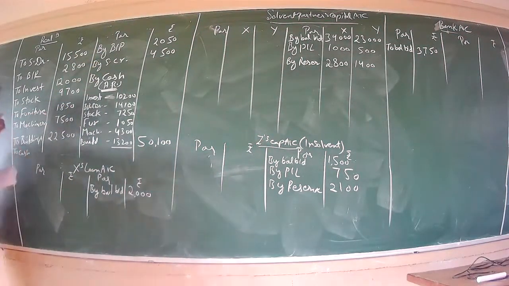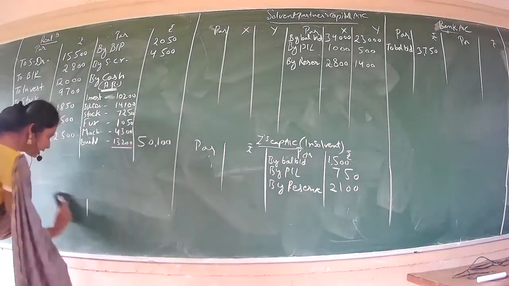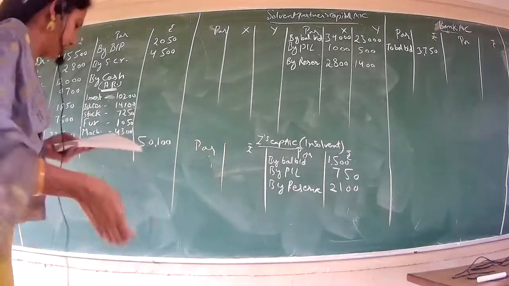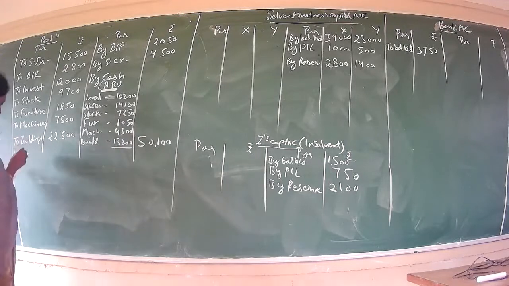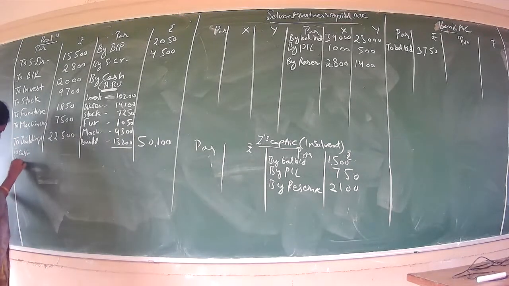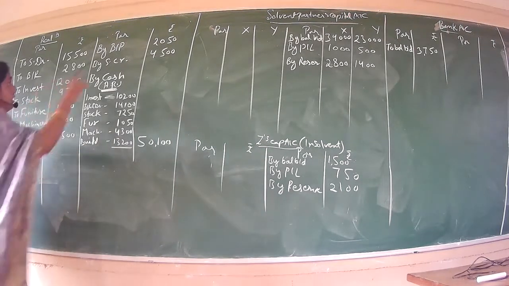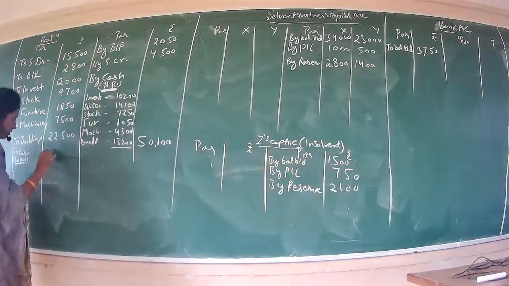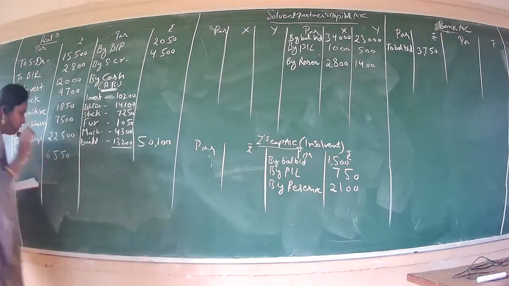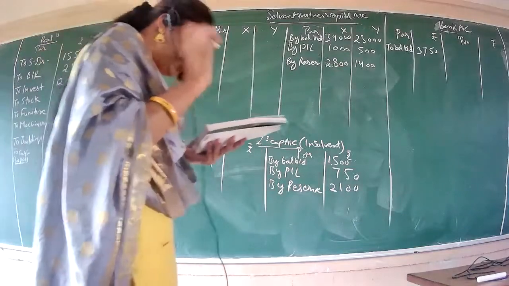To cash. Okay. For the time being, I'm rubbing out this X loan account because I don't have space. You don't cancel it from your notebook. Now, cash we have to pay. That is liabilities paid. Just for reference, again I'm writing how much we are paying. We had bills payable 2,050 and sundry creditors 4,500. So total we have to pay 6,550. Liabilities paid off.